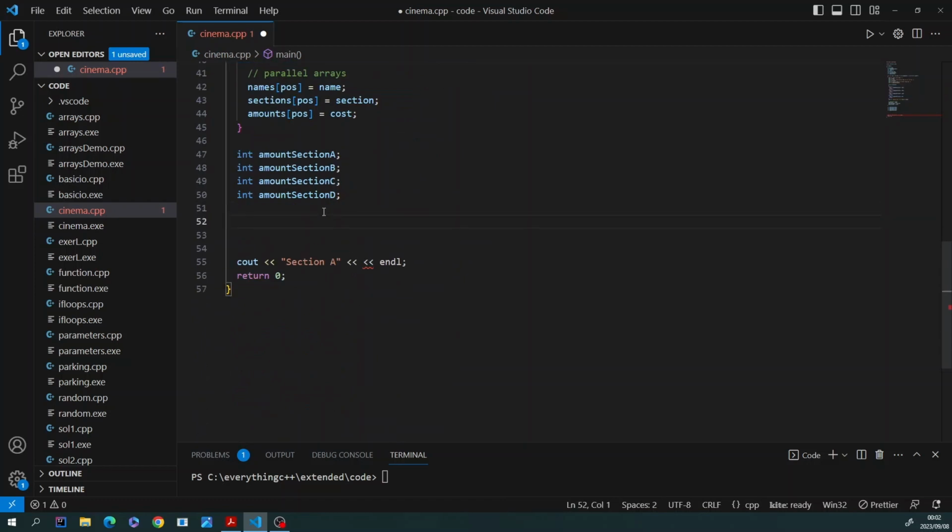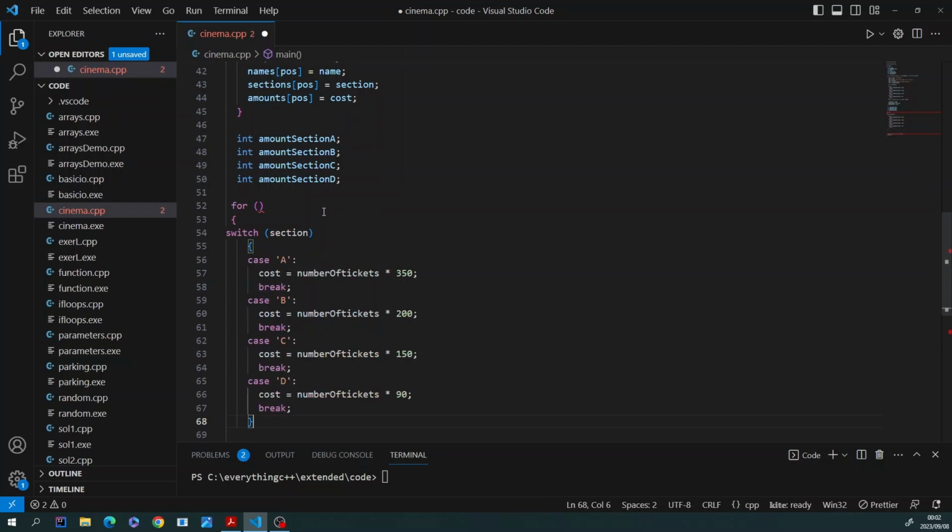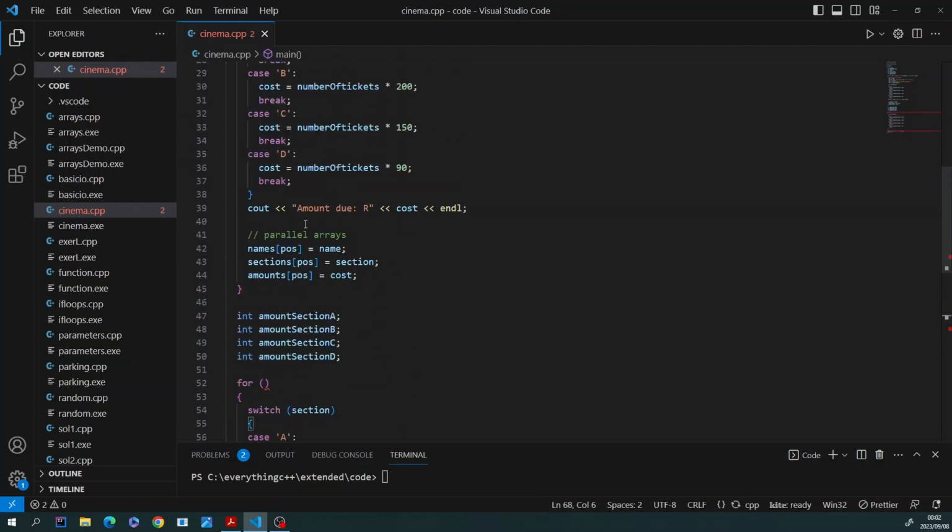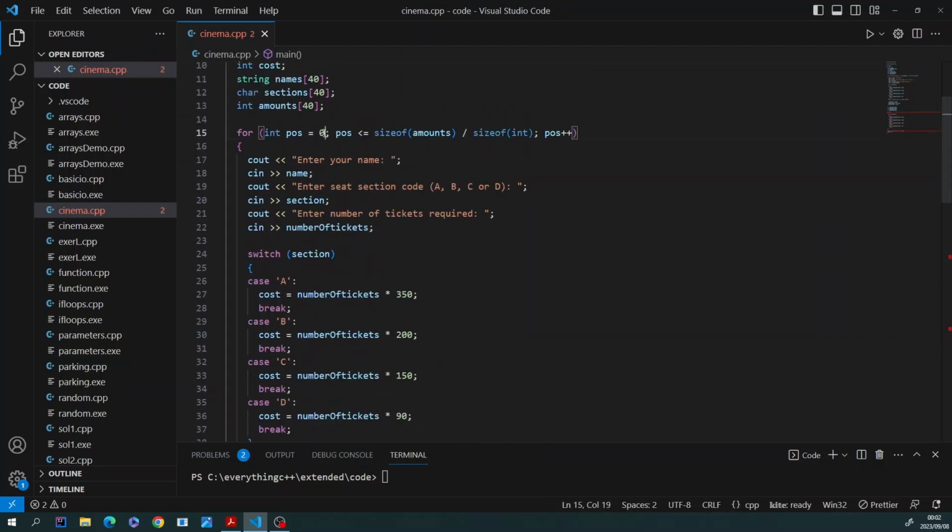Then we will need another for loop. This for loop will do the same thing. It will start from position 0, and it has to end on the size of the array. Then we need to increment our position to go from 0 to the last element of the array. Now I'm going to copy that